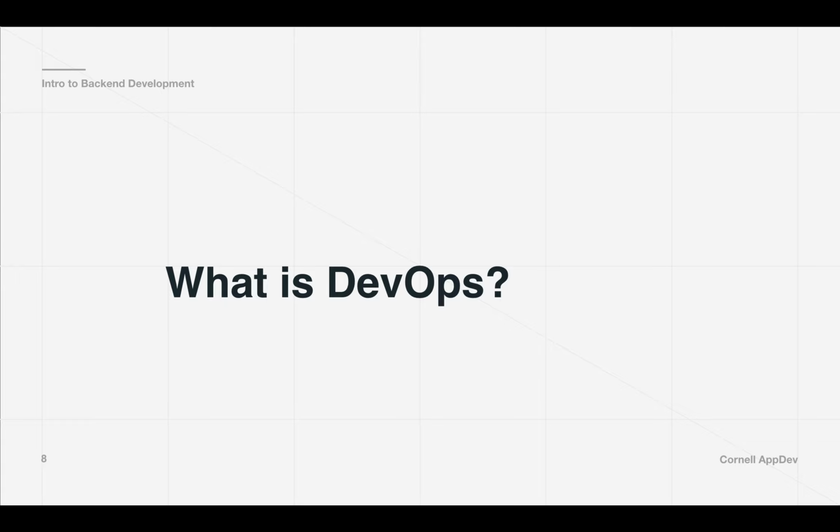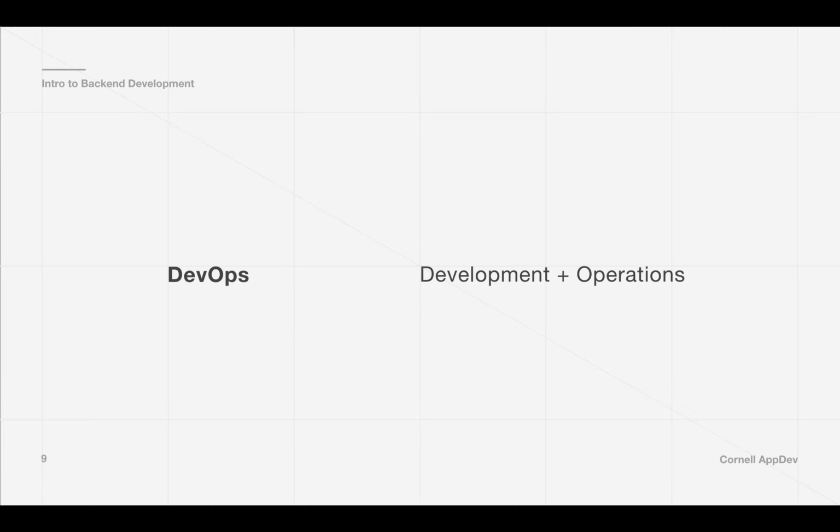So we're going to be talking about DevOps today. Just out of curiosity, has anyone heard of this term before? Okay, gotcha. Don't worry, we're going to be going over it. So DevOps stands for development and operations. It's one of those buzzwords in recent years that a lot of companies have been talking about. And we're going to be talking about why it's become a buzzword, and what it actually is.